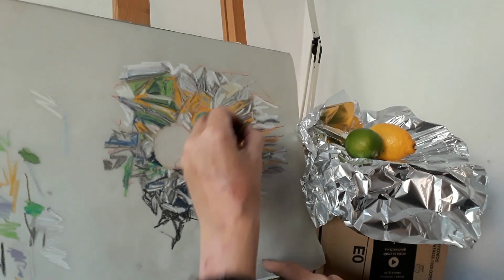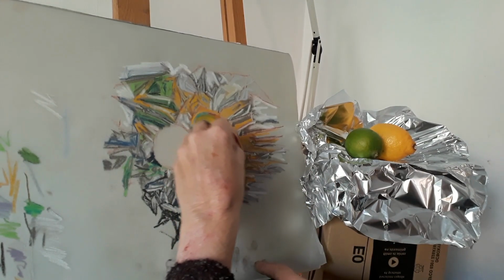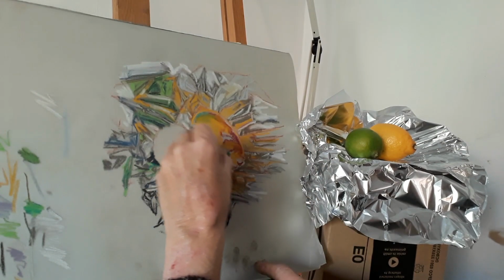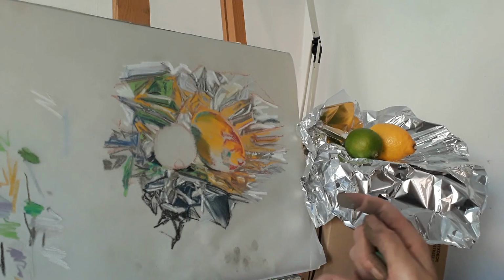I think what I'm going to do is, after I've done this, put a bit of orange into here. My lemon's a funny shape at the moment, so I'm going to have to correct that. I think it's too flat here, so I will use a pale yellow to change that. So here comes my green reflected shadow,